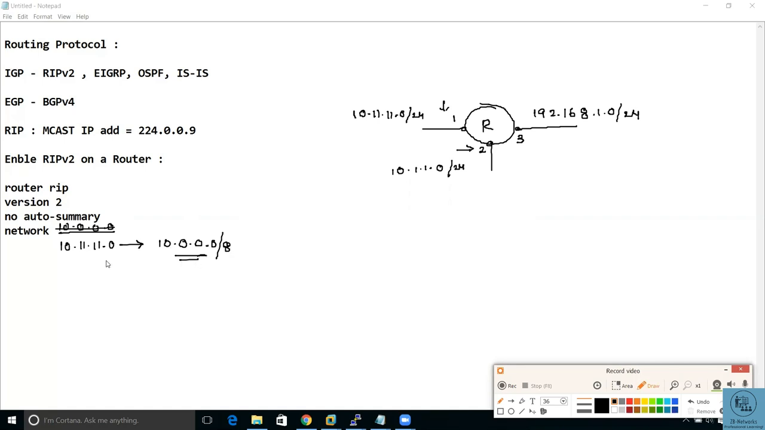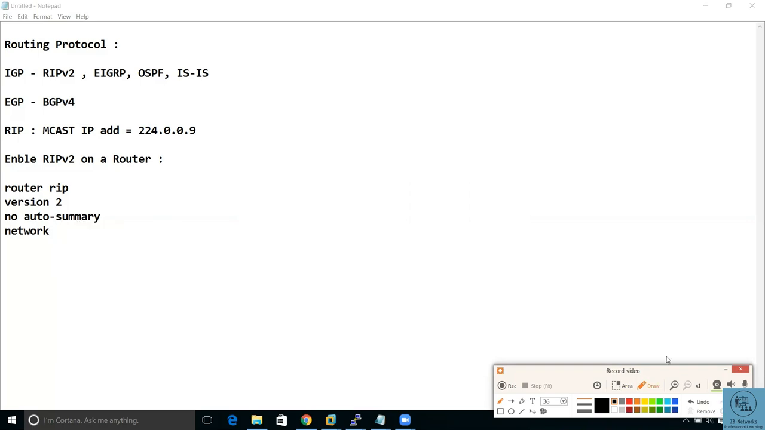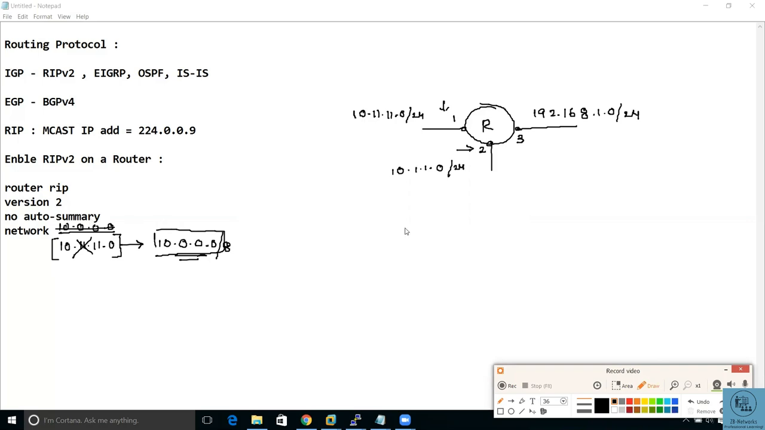Series, right? So the whole idea is, if you talk RIP, you should not configure a classless network address in the network statement. Normally you go with the classful approach. So if I want to enable RIP on all the interfaces over here, what I should do is say network